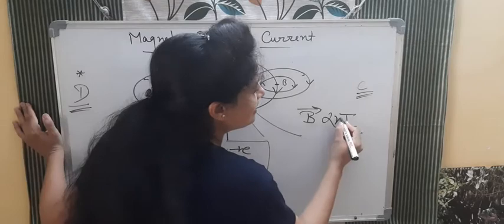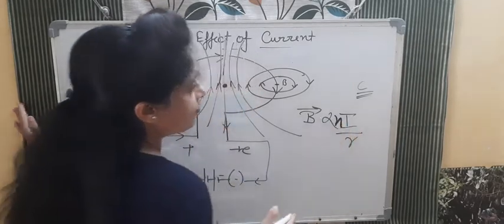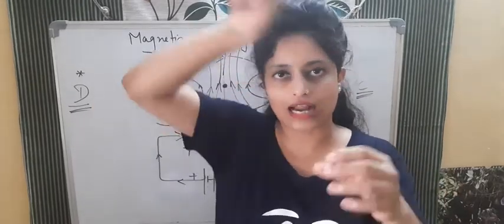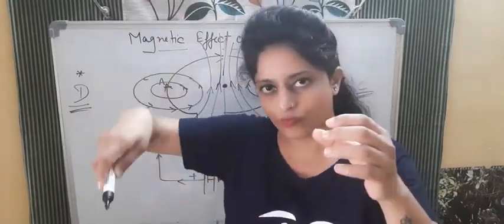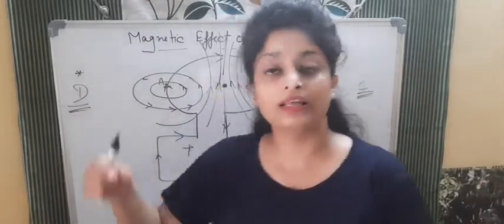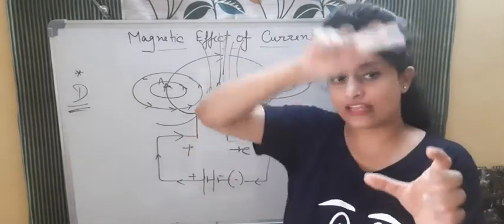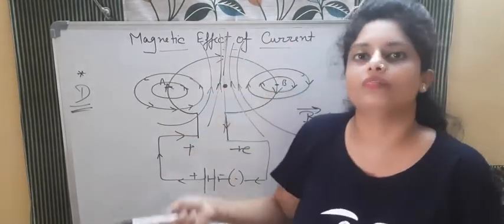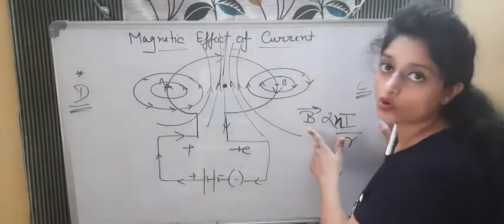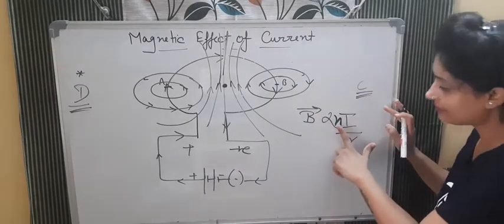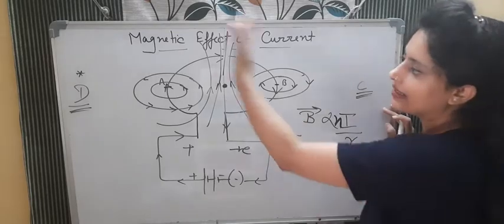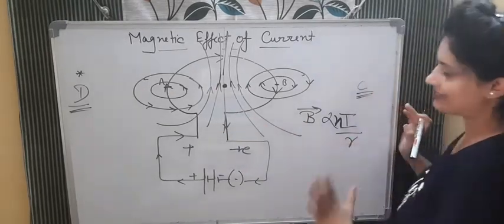Other than that, it also depends on the number of turns. If you increase the number of turns, N, for example, you are taking a loop, a single wire, then you started wrapping it like this, and one end is A, which you connected with the positive terminal, and B you connected with the negative terminal, but in that loop you are taking lots of turns of the wire. So what will happen, because of that also the magnetic field strength will be more. So magnetic field strength depends on what? Number of turns, amount of current, and the distance from that current carrying coil. So it depends on these three factors.